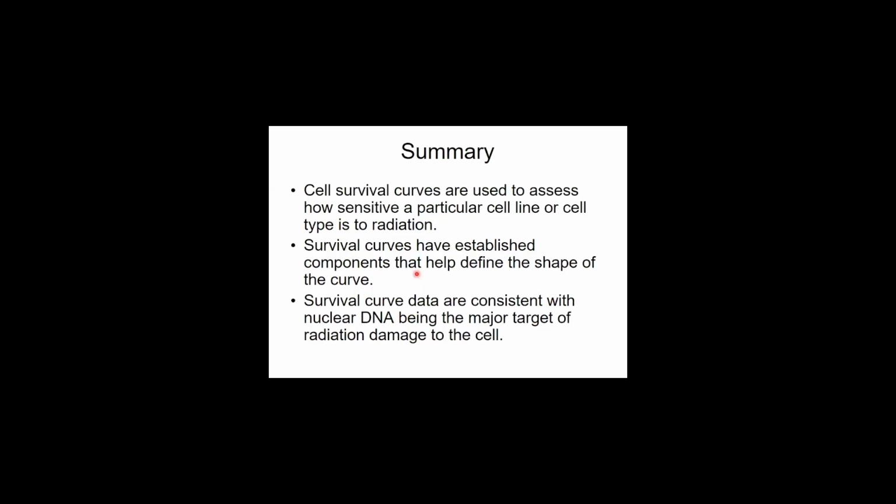These are just the survival curves, showing you again what they look like. And here's the summary from the entire section that we talked about last time. Cell survival curves are used to assess how sensitive a particular cell line or any cell type might be to radiation. They have established components that help us define the shape of the curve, and it's those components that we actually use as mathematical models. And finally, the survival curve data are consistent with nuclear DNA being the most important target of radiation damage to the cell. Lots of other things get hit, including mitochondrial DNA, but nuclear DNA is the most